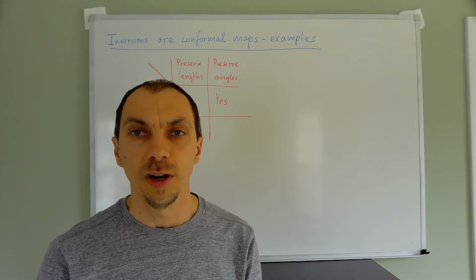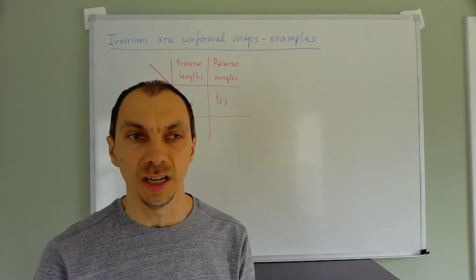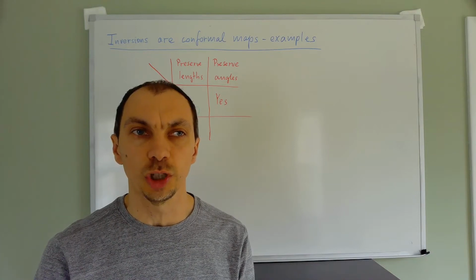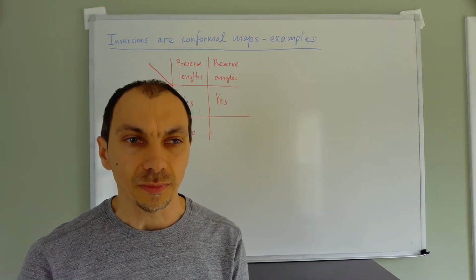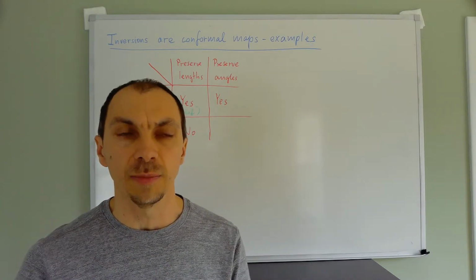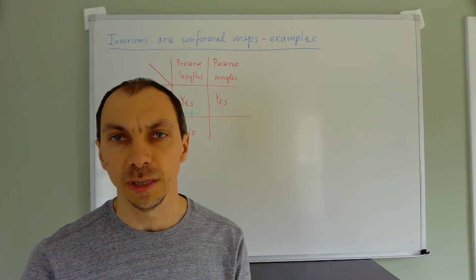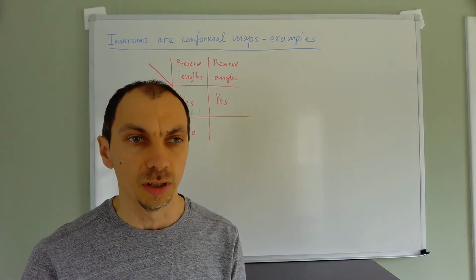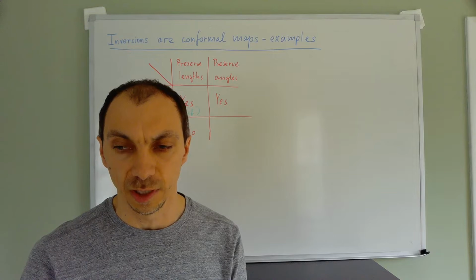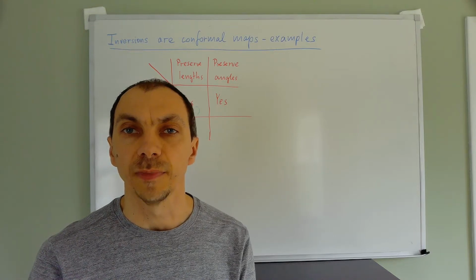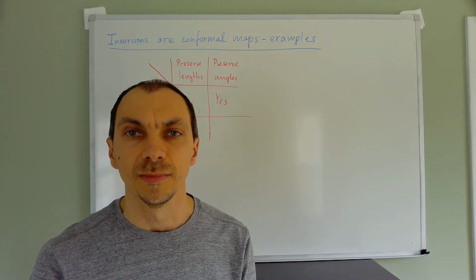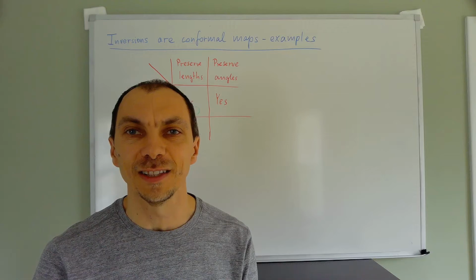I mean, inversions are not very nice transformations like rigid motions, in the sense that they really distort shapes. With rigid motions, whenever you start with a triangle, you end up with a triangle. If you take a line, you end up with a line. You start with a circle, you end up with a circle. However, as you have seen, this does not apply to inversions. Inversions are sort of the naughty transformations, in the sense that they can